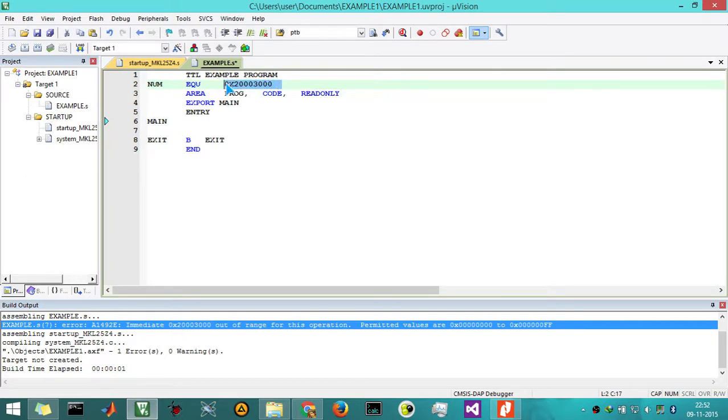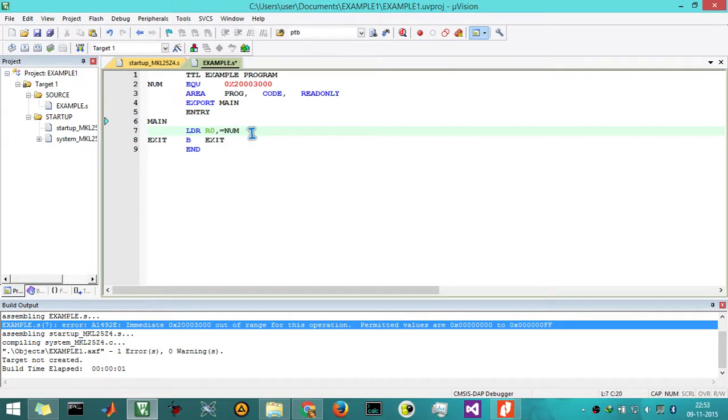In this way we can directly load a 32-bit number into a variable, and with the help of this variable we can load this value into some other register as and when required, and that we are going to see now. LDR R0, comma. Now we use the reference =num.